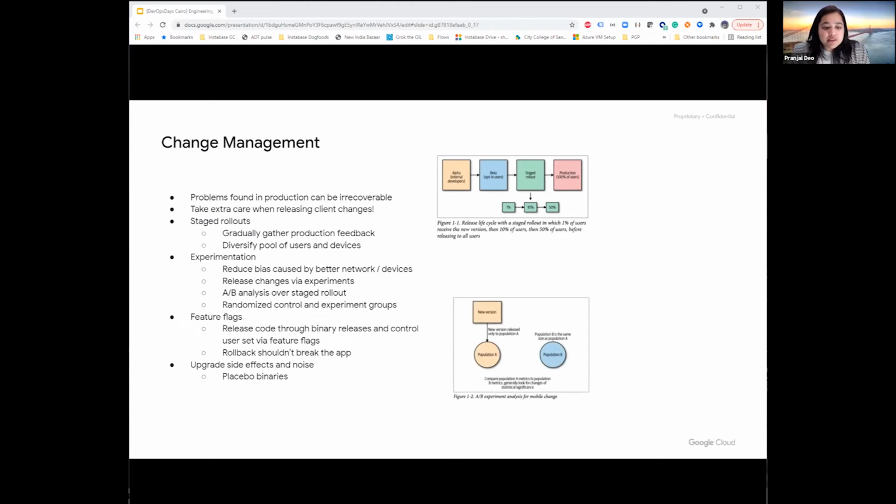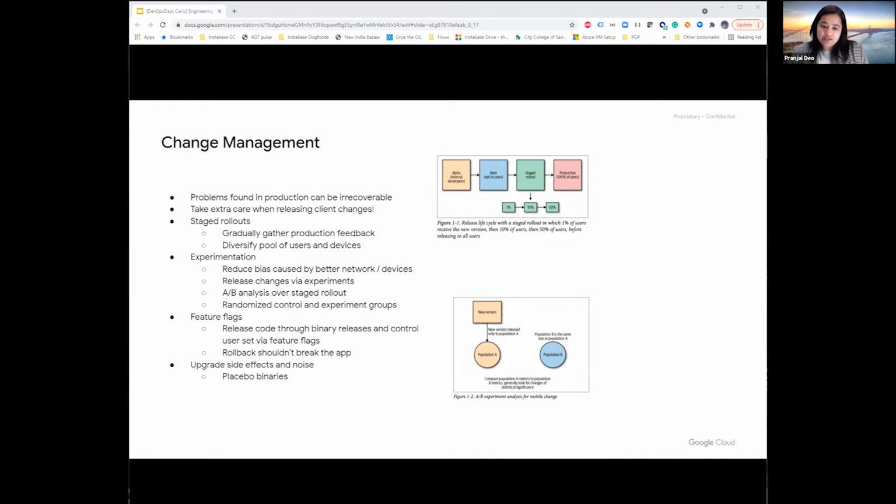Now, one issue with staged rollouts is the bias towards newest and most upgraded devices. Metrics such as latency can look great on newer devices, but then the trend becomes worse over time, and then you're just wondering what happened. Folks with better networks may also upgrade earlier, which is another example of this bias. These factors make it difficult to accurately measure the effect of a new release. It's not a simple before and after comparison of metrics and may require some manual intervention and interpretation.